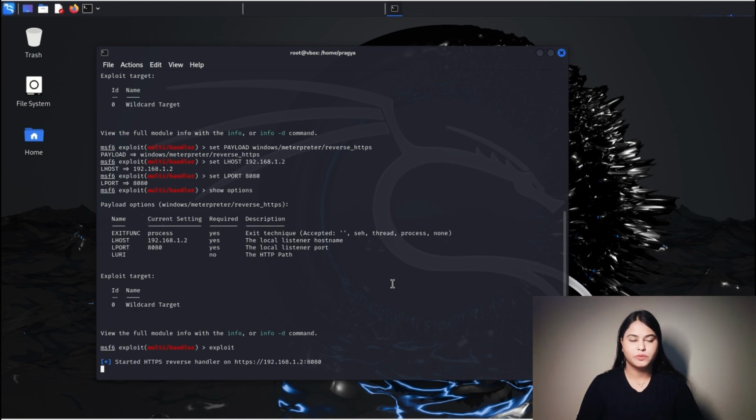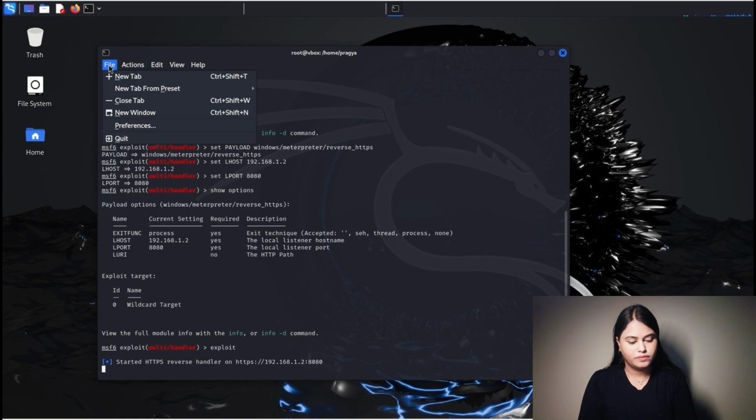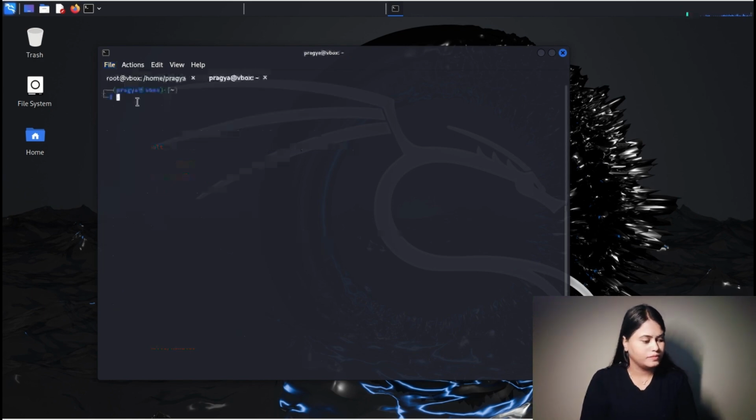So first thing that I will be doing is, right now we have this file in the home Pragya directory. I would be moving it to the web server where it is kept. So as we know, the web server's location is /var/www/html. So I'll be going inside that, and I have a directory over there named evil-files. So I'll be placing my backdoor in that directory itself. So I will be copying it to that location.